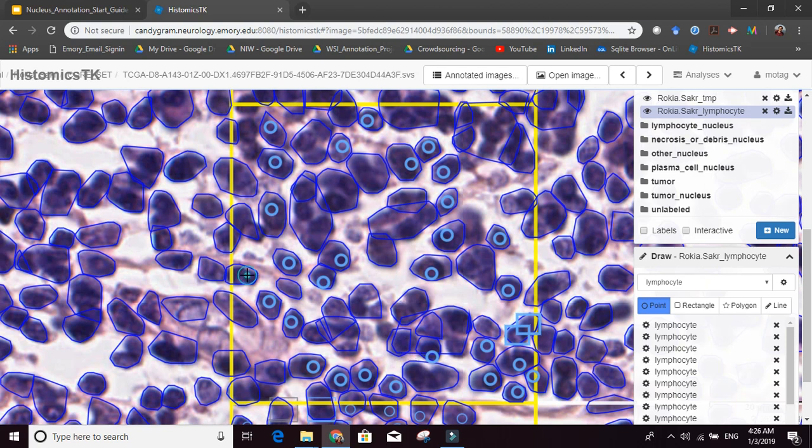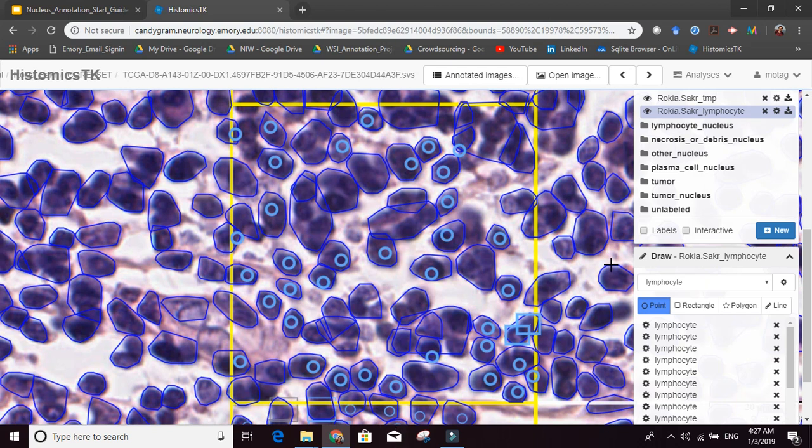I think these are okay. This one is also correct. This one is correct, but it's kind of tricky, so I can't really place the dot anywhere. But I can put it here, which kind of just shows this part of the nucleus. This one is correct. This one, I think this is a lymphocyte. Yeah, that works. This one is correct. This one, nope. This one is correct, no problem. Okay, so you can see that all of the lymphocytes where the algorithm was actually correct in labeling, I got them.